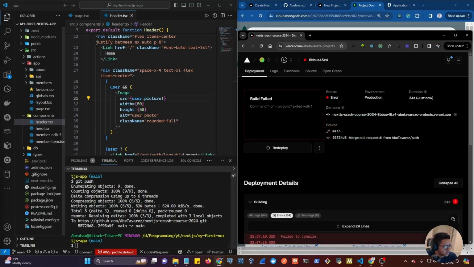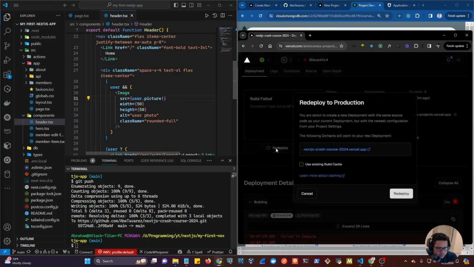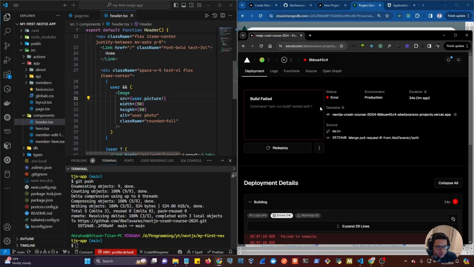So back in deployment, if we click redeploy here, it says that we are about to create a new deployment with the same source code as the current deployment, but with the newest configuration. So maybe if we cancel this and head back to our application here,